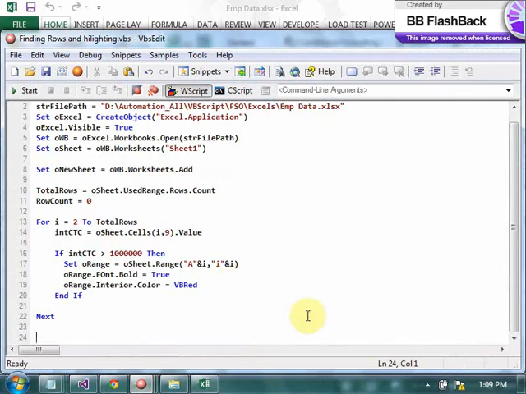Let me open this logic. Looping from second row to last row, I am getting the CTC value from the ninth column. And if the CTC is greater than 10 lakhs, then